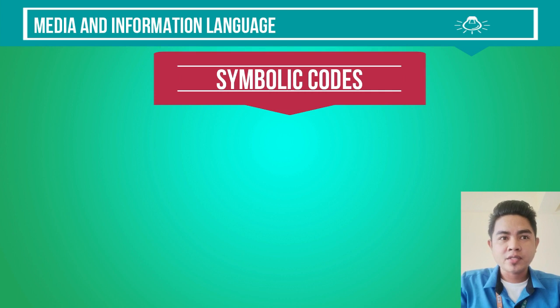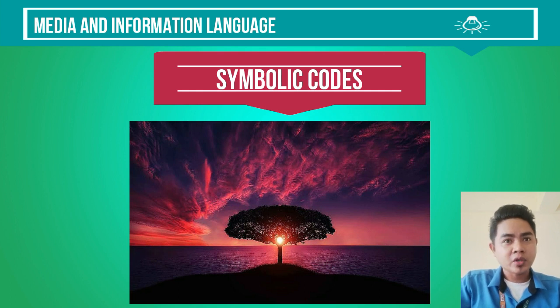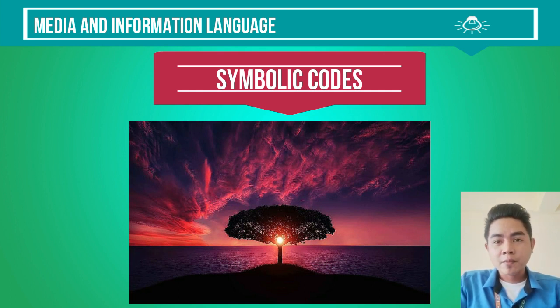So we have a sunset. So the denotation in the sunset is you write down or you list down what you can see in the picture. For example, meron tayo ditong the sunset. So ililist mo kung ano yung mga nakikita mo sa picture. For example, we have the clouds, the ocean or the water, the trees, the sunset, the grass or the mountain. So that is the denotation. So ililist down mo or write down mo kung ano yung mga nakikita mo sa picture.